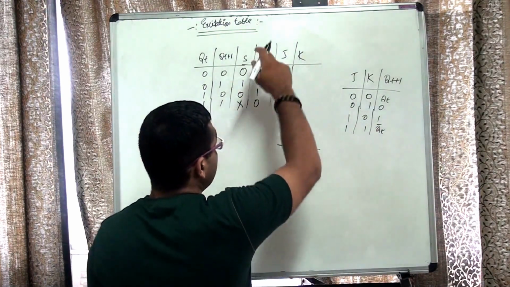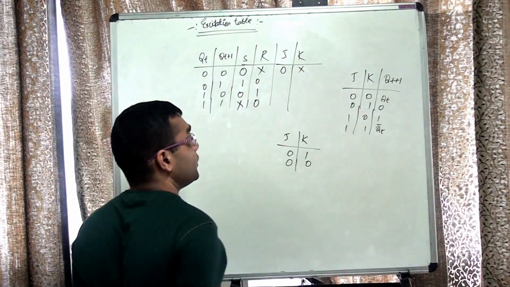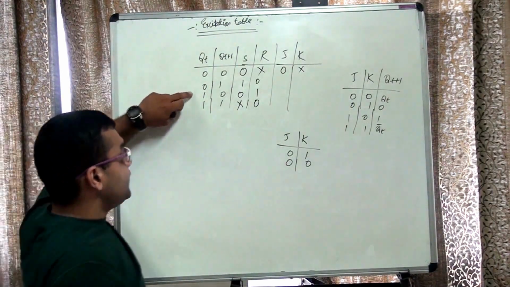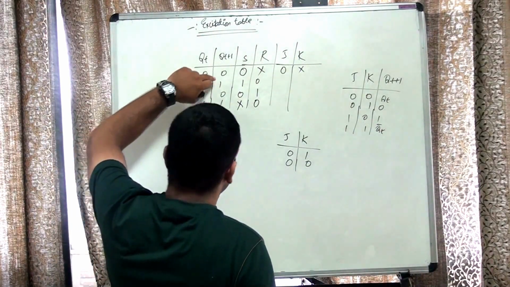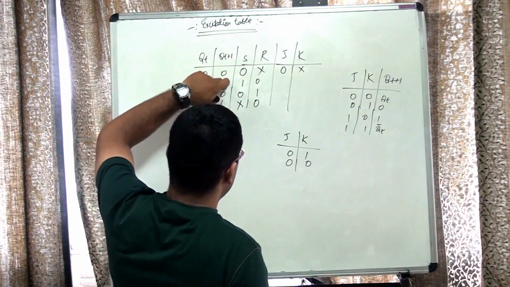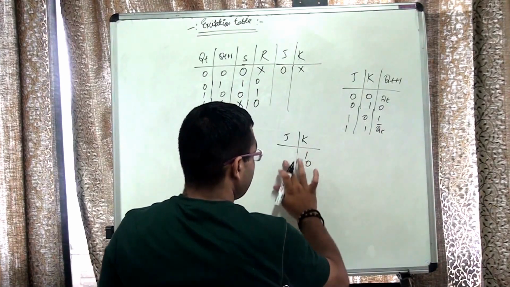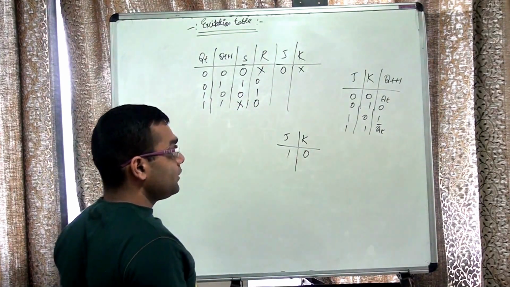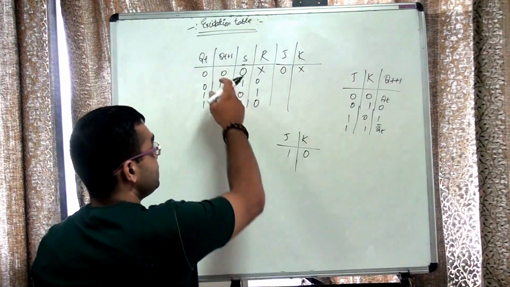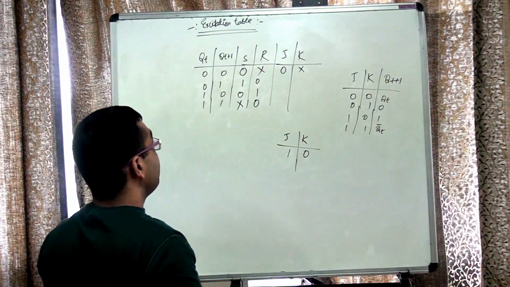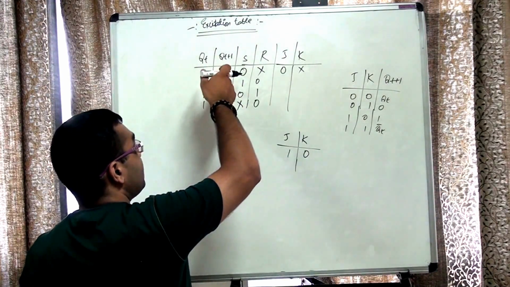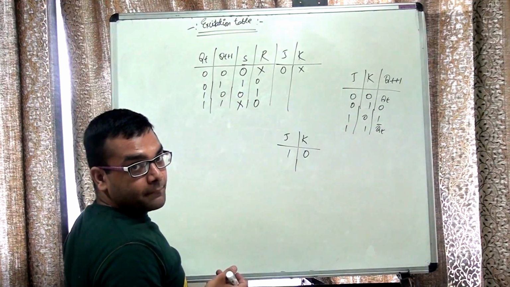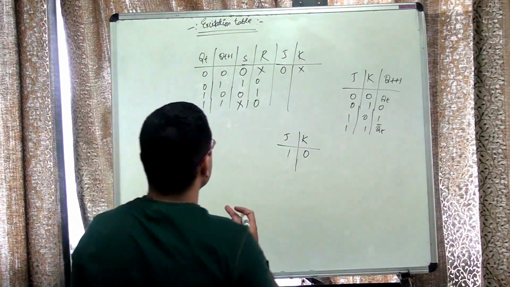So again, as done in the case of SR, this has to be 0 and don't care. Simple. Now what about the second case? Let us see how. Since my next state value is 1, my J has to be 1, K has to be 0. Okay, J 1, K 0 because the next state value Qt plus 1 is 1. Now you can also see over here that Qt plus 1 is Qt bar, isn't it? That is a complement.